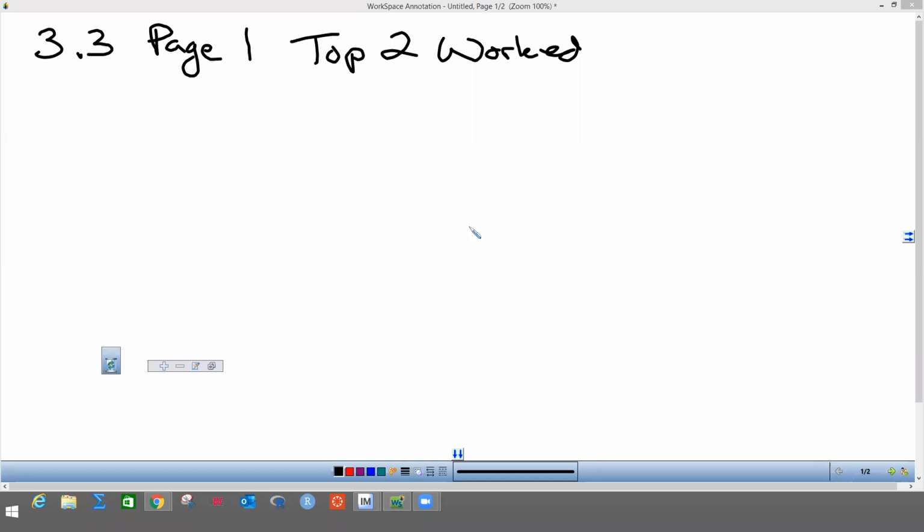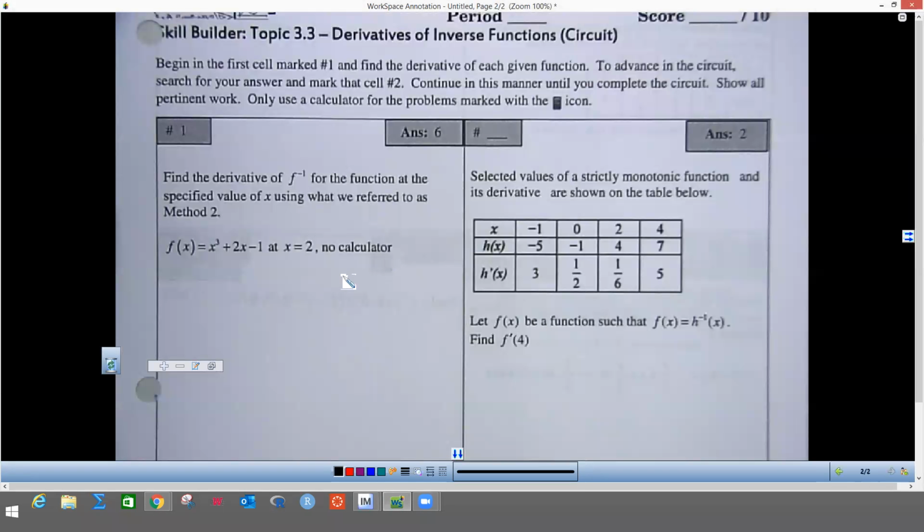All right, I was asked to do the top two problems on page 1 for 3-3, so I'm going to do those for you now and post those. So the first problem says you want to use method 2. So to use method 2 to find the derivative of the inverse, we want to first of all write this